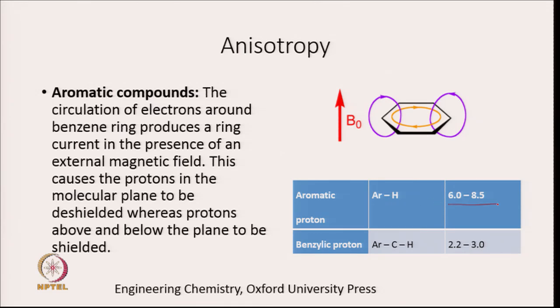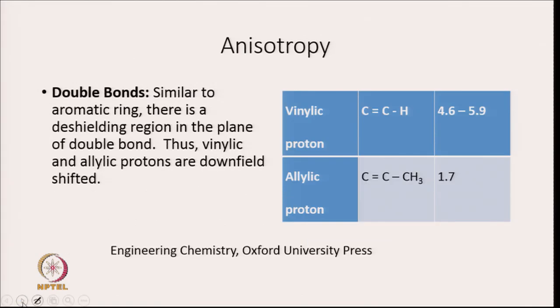It is 6 to 8.5 because they are deshielded, whereas protons above or below the planes are shielded, and that is why they have low chemical shift value. Similar to aromatic ring,